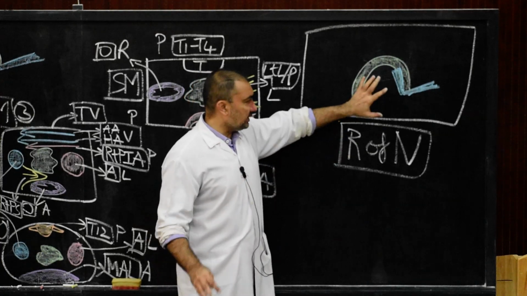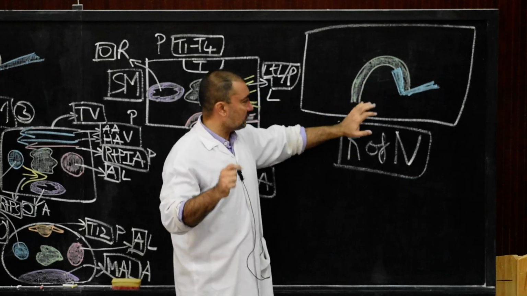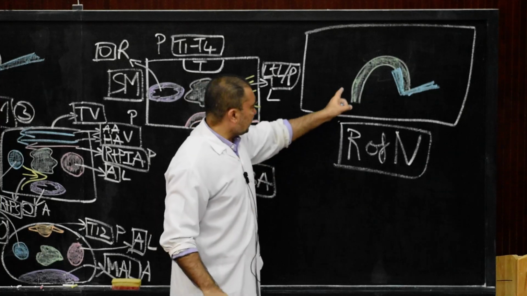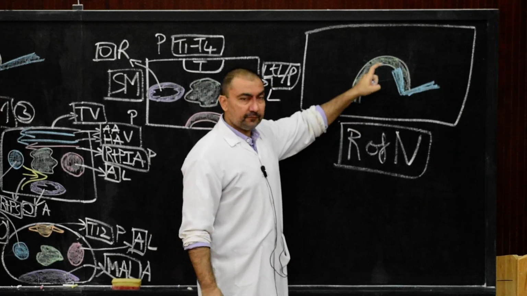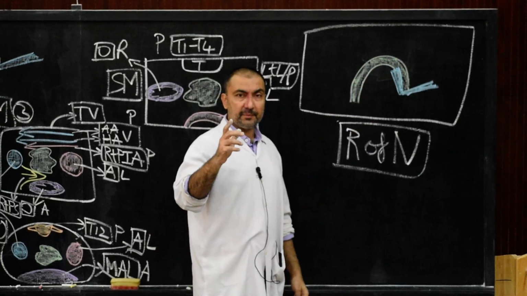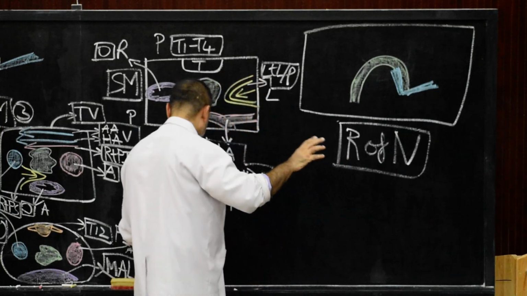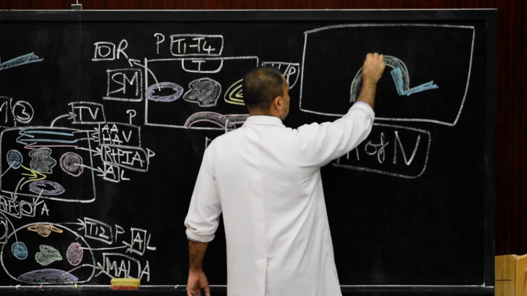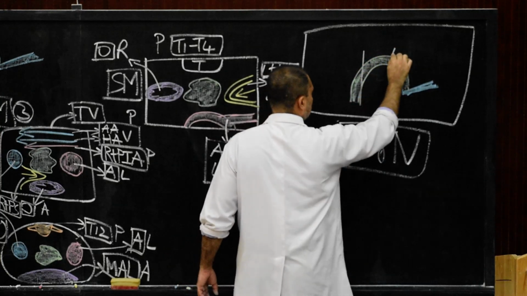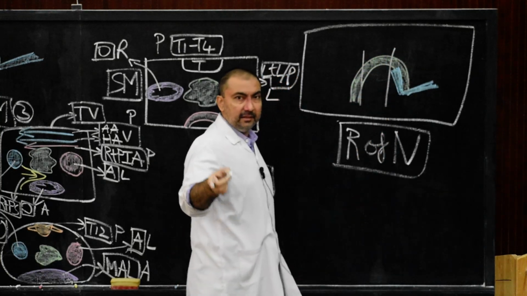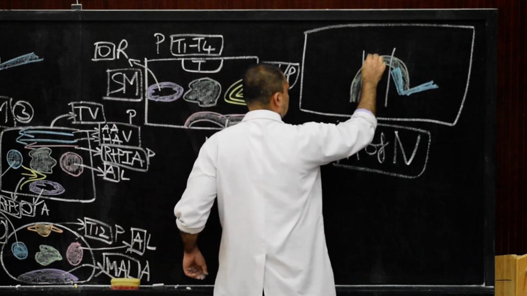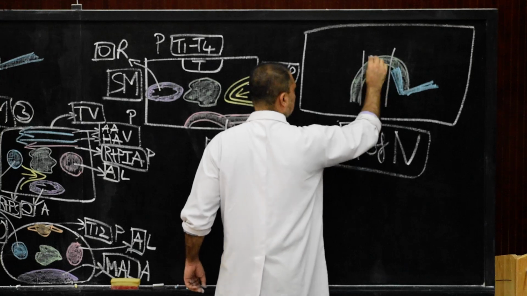So here only two relations, but please note down, anteriorly the entire thoracic duct as it is arching in the root of the neck, anteriorly there will be presence of carotid sheath. So now here we will represent this carotid sheath with the help of white color. This is the carotid sheath, and in the carotid sheath there will be presence of common carotid artery. This is the common carotid artery.